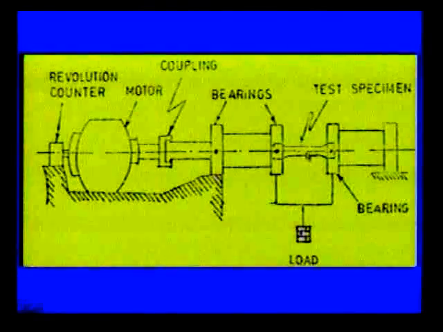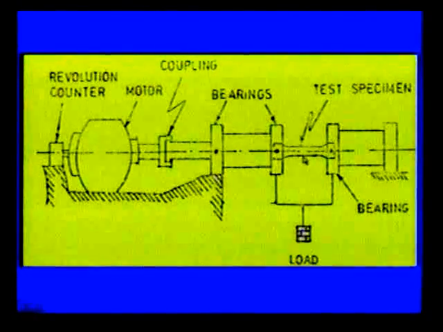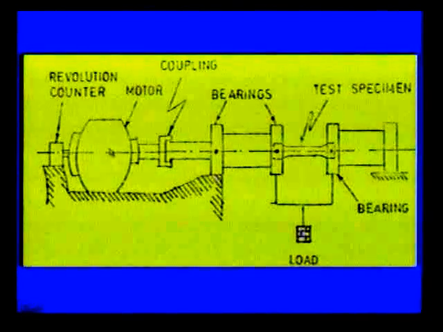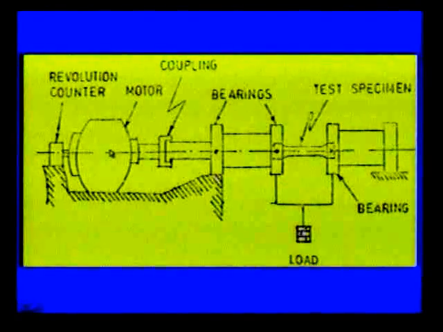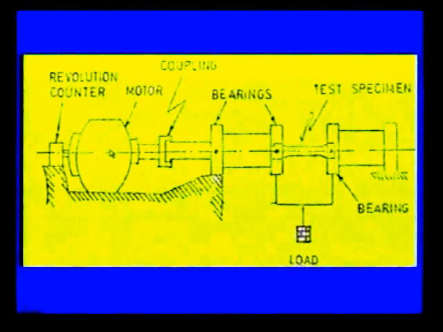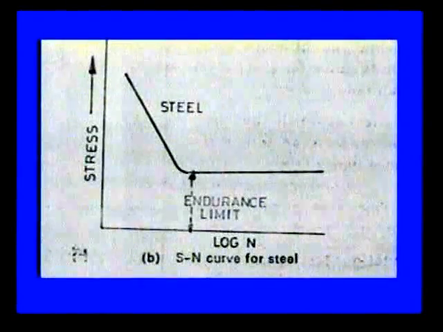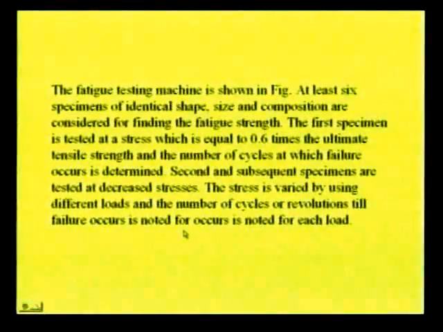The test specimen is a cylindrical one, and here we are applying some load. The test specimen is subjected to bending and at the same time rotation developed with the help of the motor. Such continuous bending and rotation on the same workpiece can develop simultaneous stress formations. It is named fatigue. This figure shows the S-N curve, between the stress and the N value, for a steel. The fatigue testing machine is as shown in the figure.